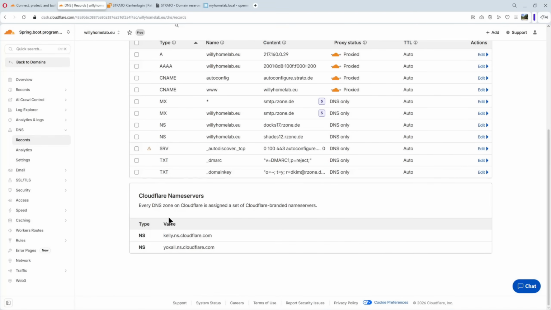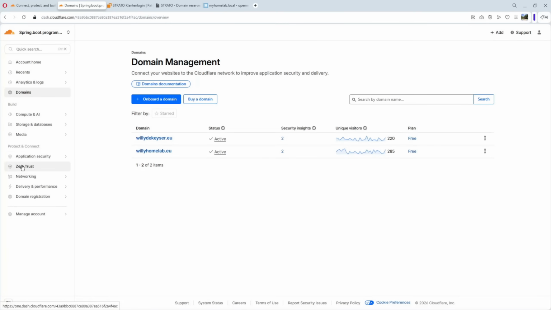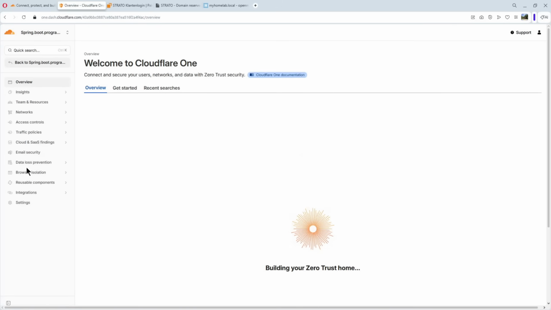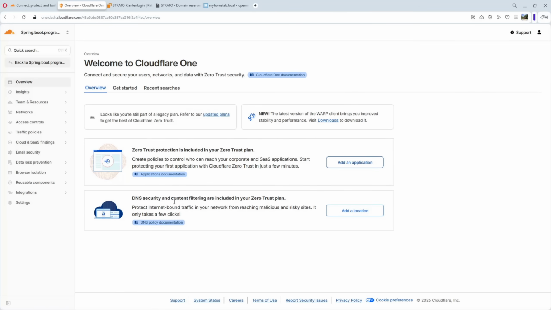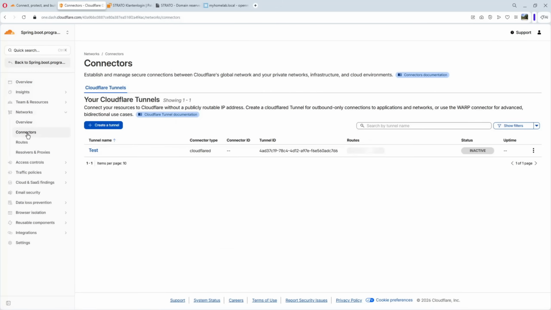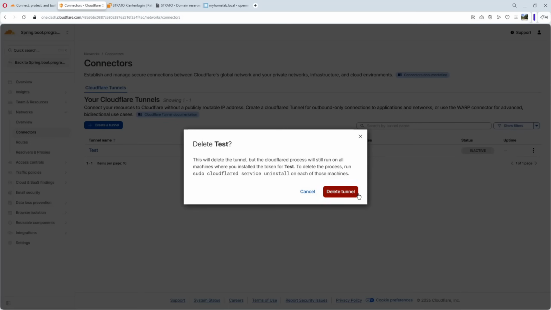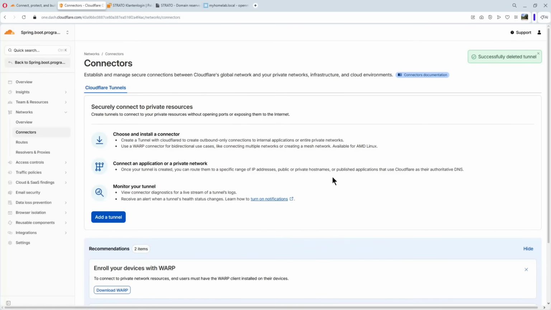We go back, see here, and to use tunnels, we go back to domains, Zero Trust. Click on it. You see it here. We have networks, connectors, and here we can create tunnels. You see your Cloudflare tunnels. For the moment I have one test, but it's inactive and we can delete it. Delete tunnel. So okay,